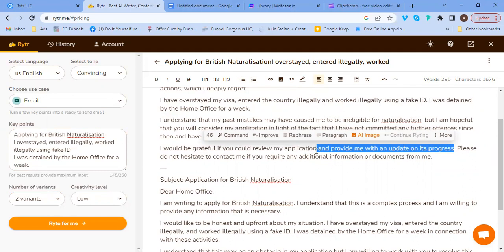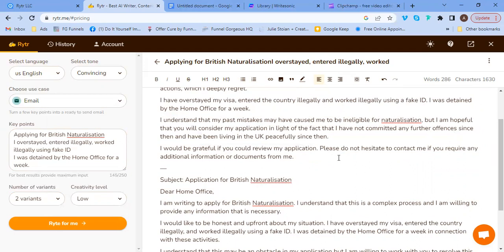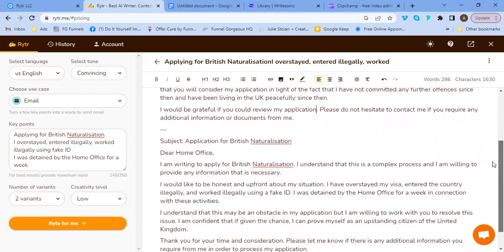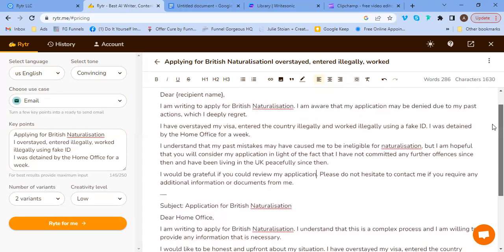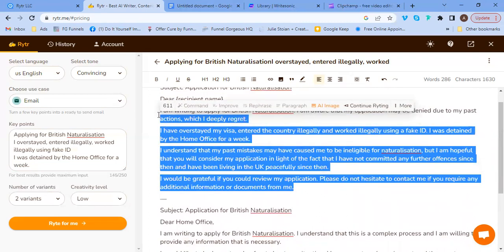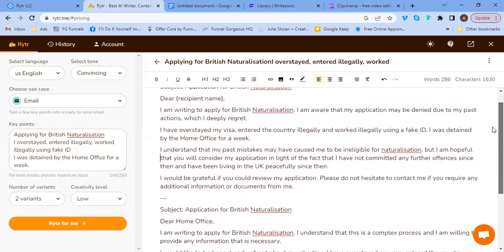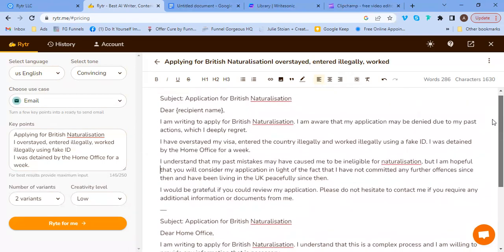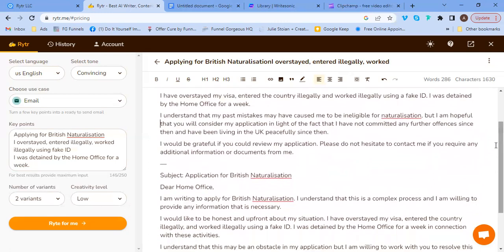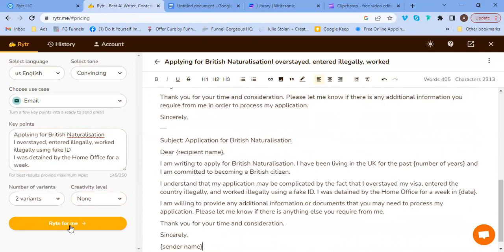I would just say, if you give my application, please don't hesitate to contact me if you require any information or documents from me. So that's fine, okay? But see how it's very quick for them to come up. And I think the reason why it's kind of creative is because we put creativity as low. But if we say factual, let's see how it varies. Let's see what the factual letter differs from the one that